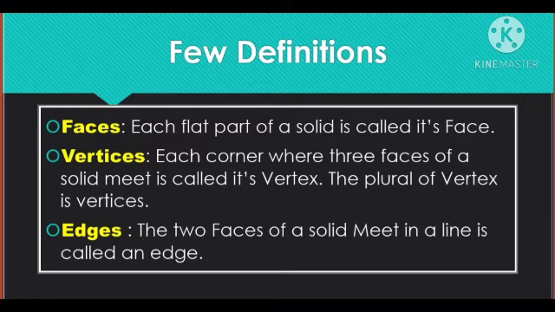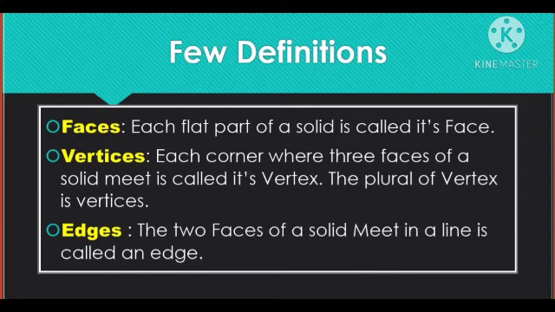The first one is faces. Now what is a face? Each flat part of a solid is called its face. मतलब ऐसा फ्लैट पोर्शन, जस्ट इमेजिन आपके हाथ में क्यूब है, जैसे कि डाइस है आपके हाथ में. तो रिमेंबर डाइस का वो पोर्शन जिस पर नंबर्स लिखे होते हैं, दैट इज कॉल्ड एज फेस. मतलब ईच फ्लैट पार्ट, मतलब वो एक सॉलिड ऑब्जेक्ट है. सॉलिड हमने डिस्कस किया है, व्हाट इज सॉलिड. अ सॉलिड ऑब्जेक्ट का जो फ्लैट पार्ट है उसे हम बोलेंगे फेसेस.